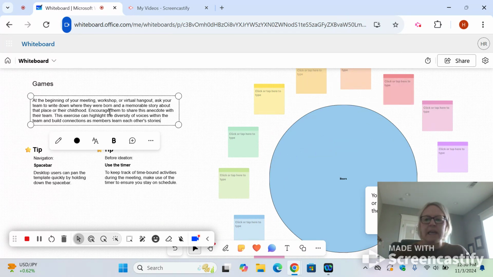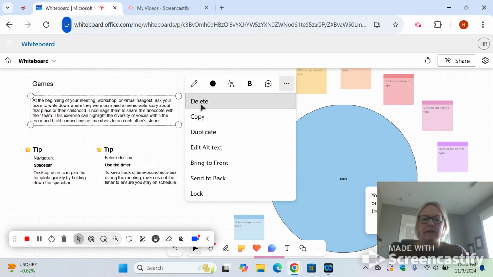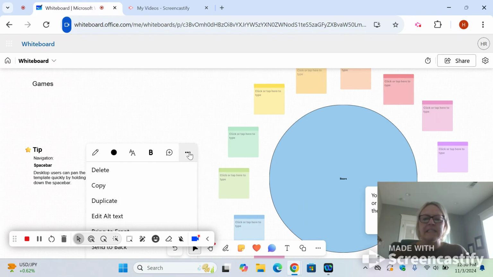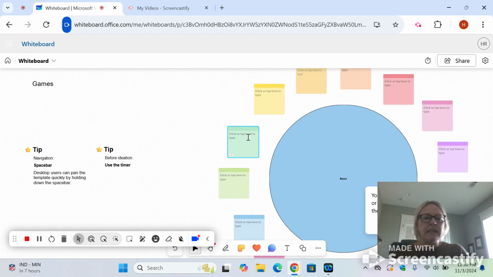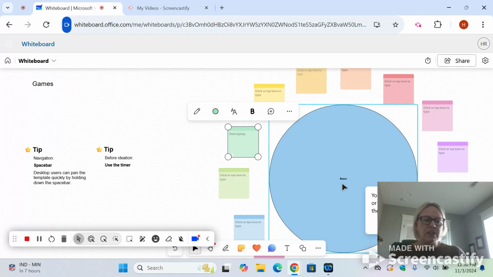But let's say, let me see if I can get rid of this. And then I might assign, I'm not going to do that, but then maybe I assign each person a sticky, and that is where you would get on and type your information so that it's in a nice, neat template. That's how you could use a template. I might assign, as a teacher, I might say, okay, well, this is our topic, and share the link, and then each student gets on and adds their information there. So I hope that you now have just a really quick crash course in how to use my